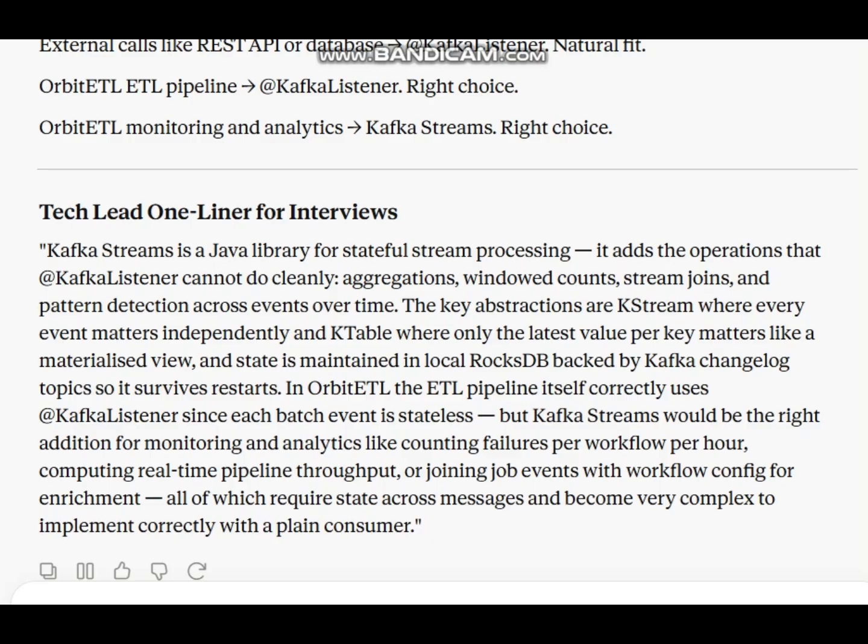Tech lead one-liner for interviews. Kafka Streams is a Java library for stateful stream processing. It adds the operations that KafkaListener cannot do cleanly: aggregations, windowed counts, stream joins, and pattern detection across events over time. The key abstractions are K-stream, where every event matters independently, and K-table, where only the latest value per key matters, like a materialized view. State is maintained in local RocksDB backed by Kafka changelog topics so it